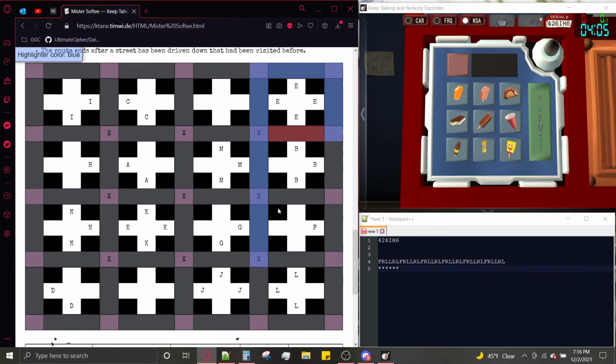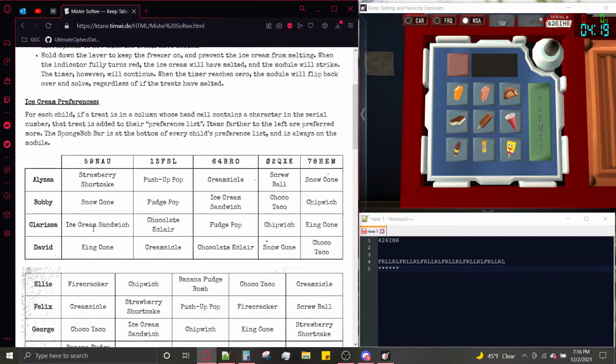Now that we've done this, what's next? So you see down every street, they have some letters next to them. This one has a G, this has an M, this has an E and a B. So what we're going to do is we have a list of children,